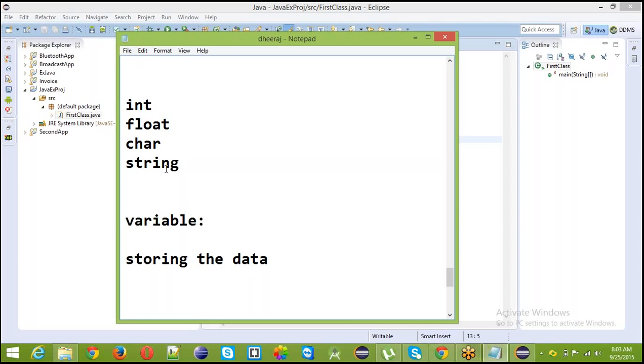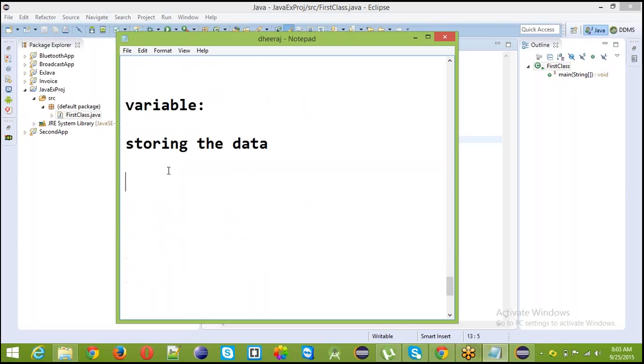Simple. Suppose I want to enter the number of pages, 50 pages. So I have to take one variable. You have to take the integer data type, because you are going to enter the number 50. That's why I am taking integer. Here you have to take one variable name. You can take anything. I am taking a: integer a, equal, and I am giving the number 50.